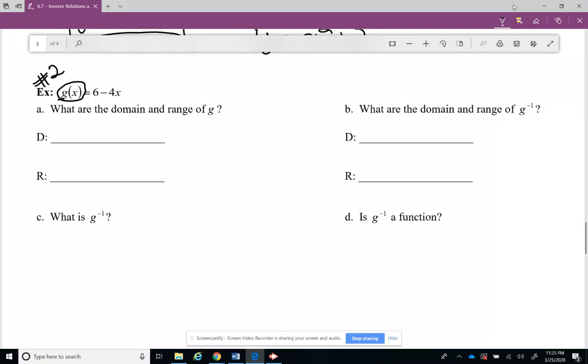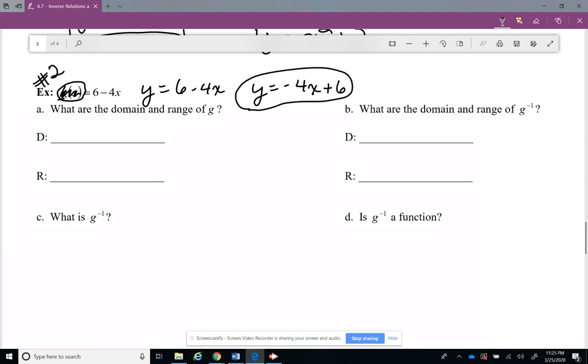Well, I want you to look at this problem. I want you to take g of x out just for a minute and think of it like this. 6 minus 4x. Let's put it in slope-intercept form. Y equals negative 4x plus 6. Look at that. What is that? That's a line. If that's in slope-intercept form,